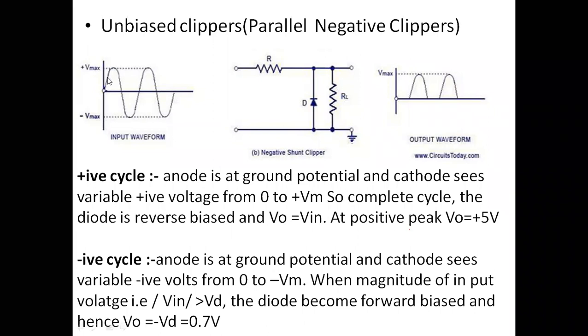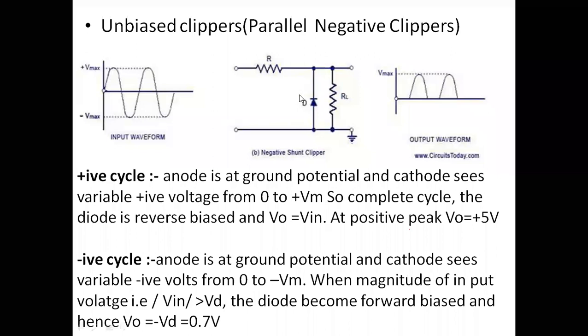Therefore, as the input is increasing linearly with respect to time, what about the magnitude? You can simply assume, let it be 10 volts. The peak value will be 10 volts. Therefore, the input is 1, 2, 3, 4, and so on, and it may reach +10. Again from 10 onwards, it decreases to 0. From 0 onwards, it again reaches -10. And again from -10 to 0. Like that you can assume.